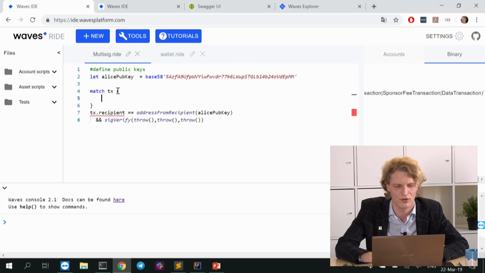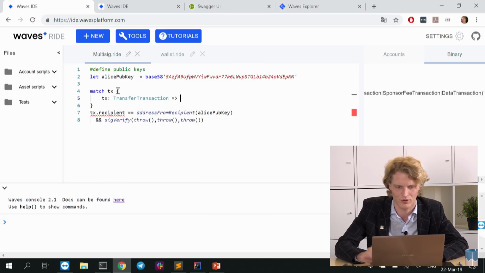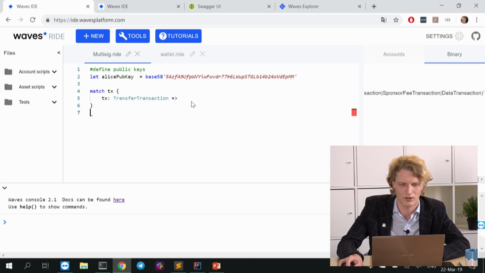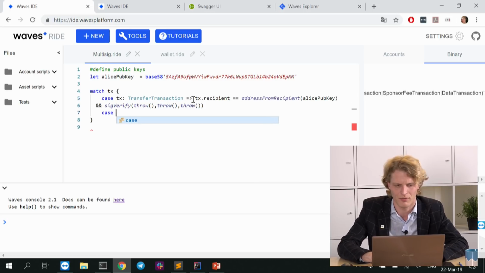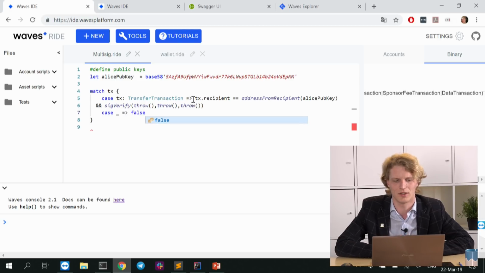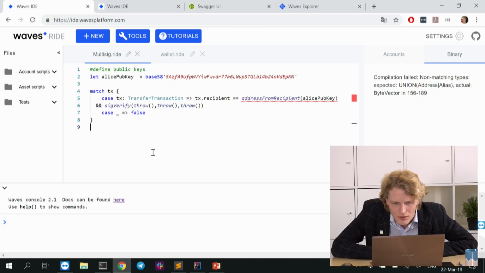So we match TX, whether it's a transfer transaction. If it's a transfer transaction, let's do this. And if it's something else, let's not allow it to work. Okay, there is something else.